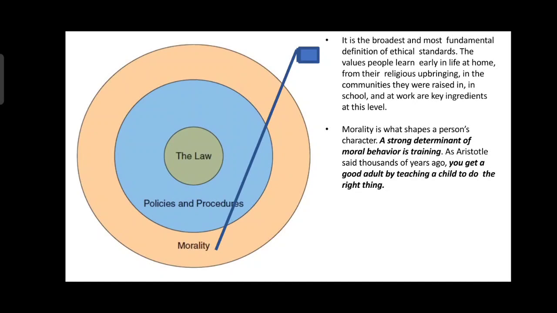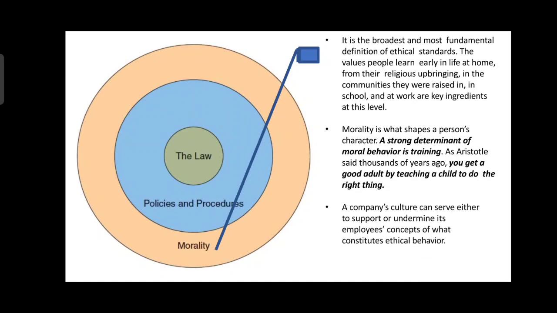Which is better? When you are doing the right thing, from the start, what you do is already right. When you are doing the things right, you only correct it afterwards. So, are you starting with the right thing, or starting wrong and then correcting it? A company's culture can serve either to support or undermine its employees' concepts of what constitutes